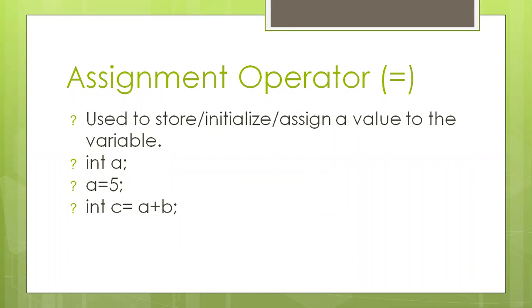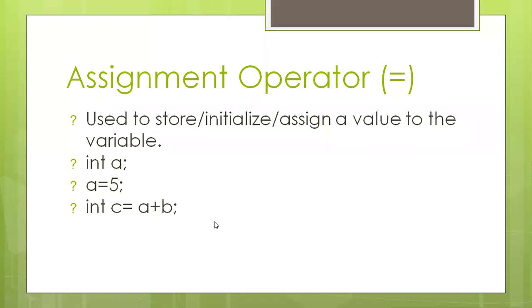Okay, now the assignment operator. It is very easy. Many times we have seen that the equal assignment operator is used to initialize the value. Okay, this is the variable declaration int a equals 5. So the value of a is what? 5. Int c equals a plus b. First of all, it performs the addition, then the value is assigned to c. Means the assignment operator is used to initialize or to assign the value.